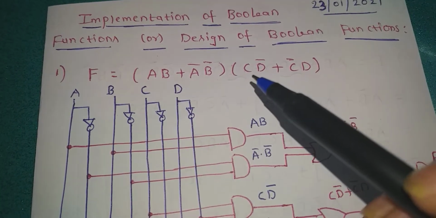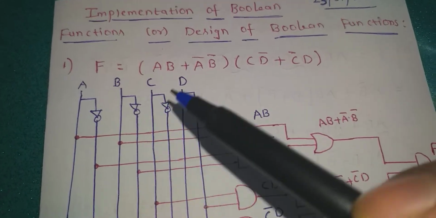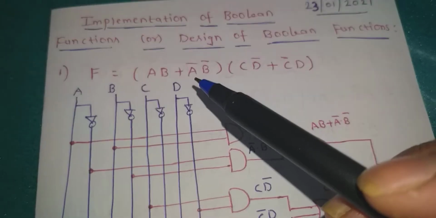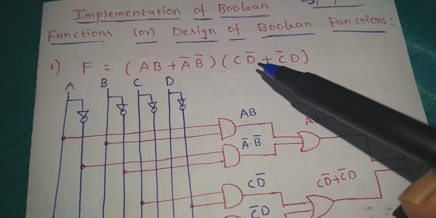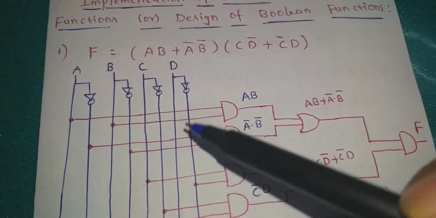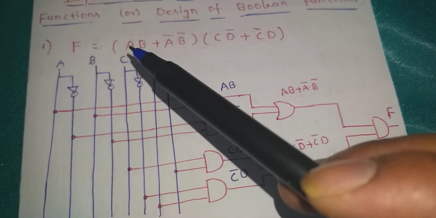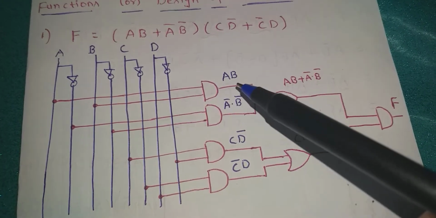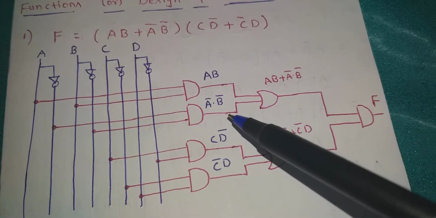A, B, C, D. Take the A, B, C, D lines and also observe how many inputs consist of their complements. If you observe, A consists, B consists, C consists and also D consists. Therefore, I have taken the complement lines also like this. Now, I have to draw an AND gate with A and B as the inputs. A, B, therefore I have considered AB. Similarly, A bar into B bar.